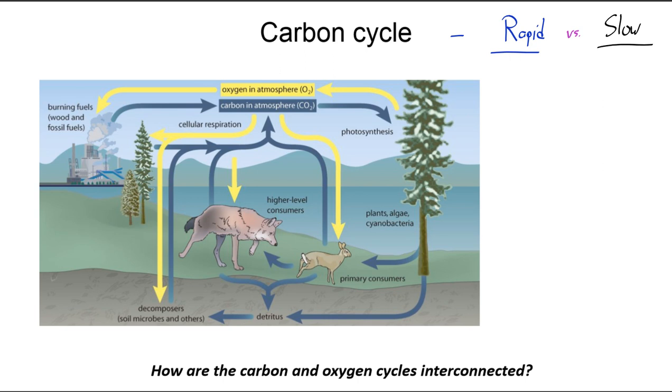This is a quick video about the rapid versus slow cycling of carbon. So the carbon cycle is a complex one. It's intertwined with the oxygen cycle because almost everything we do with carbon involves oxygen. If we are doing respiration, which is part of our rapid cycling